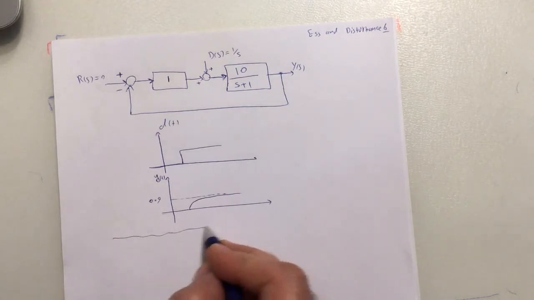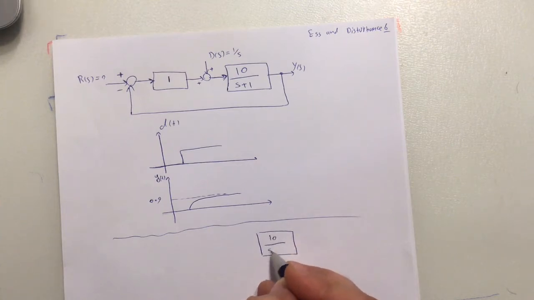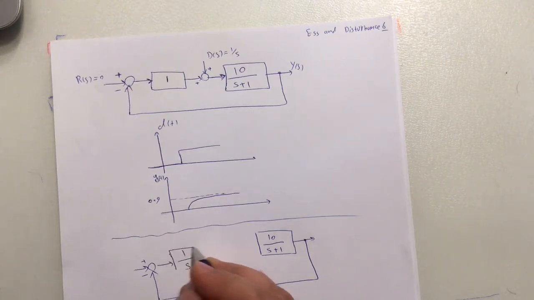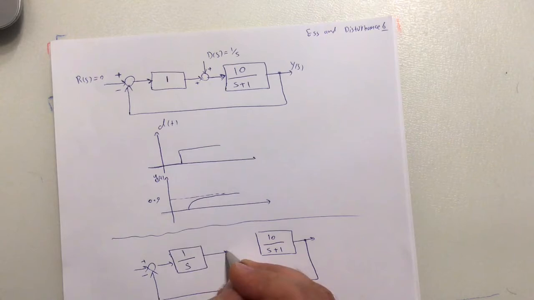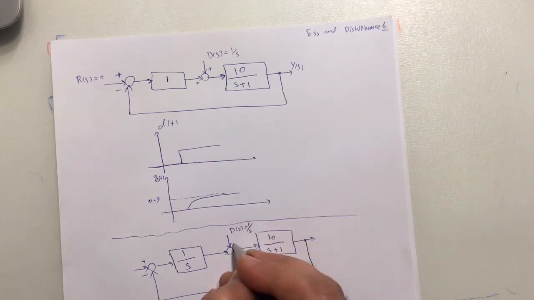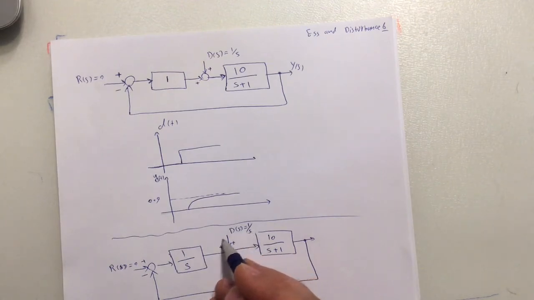So if I have the same example, but this time the controller is, for example, 1 over S. You can do it yourself in MATLAB or Simulink and see that what I write here is true, because here I'm just writing according to the theorem, but you can do simulations and confirm that. So if disturbance is 1 over S, but this time we have the unstable pole of the disturbance here in the controller,